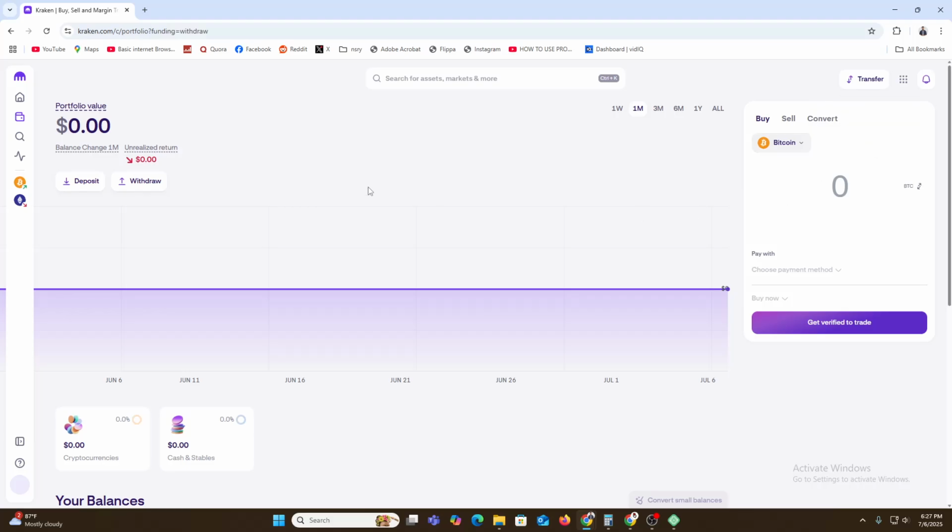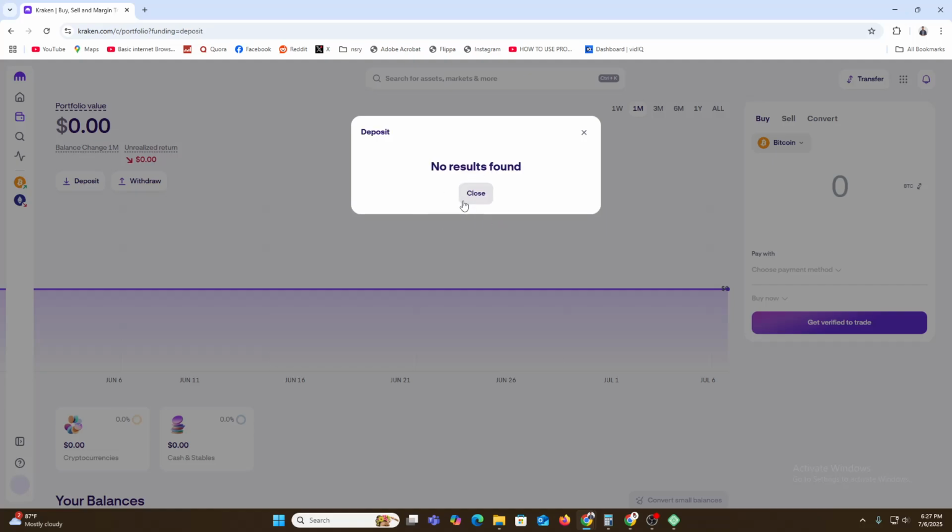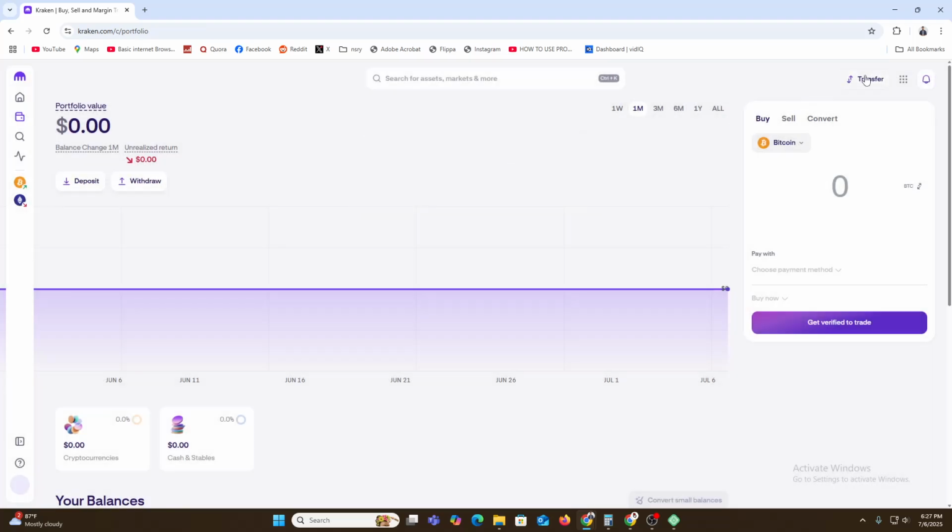click on withdraw. Once you click withdraw, there is an option saying no asset available yet, that's why we need to deposit something. So here we have this option called withdraw. Here you just need to click on withdraw cash or crypto. When you click here, you need to set up your payment method, bank address, or PayPal or Payoneer, whatever you have, then you will be allowed to withdraw your money through this option. It's so easy to transfer your money from Kraken to your bank